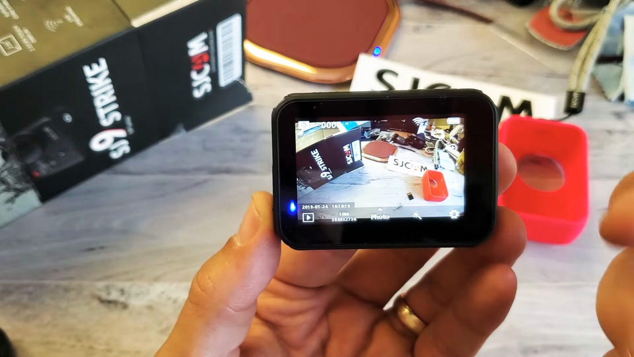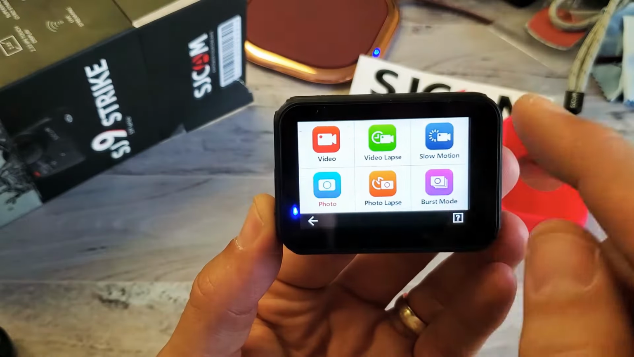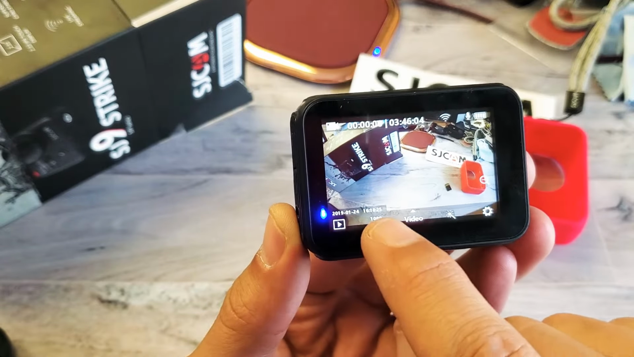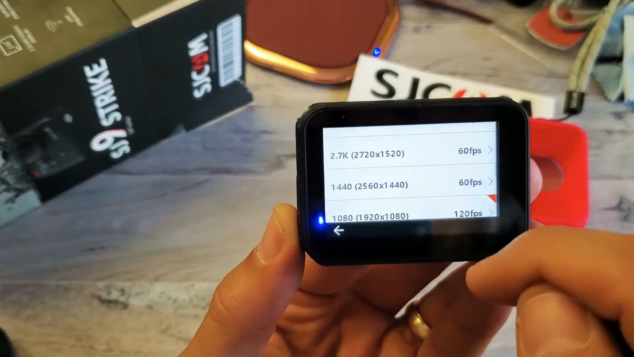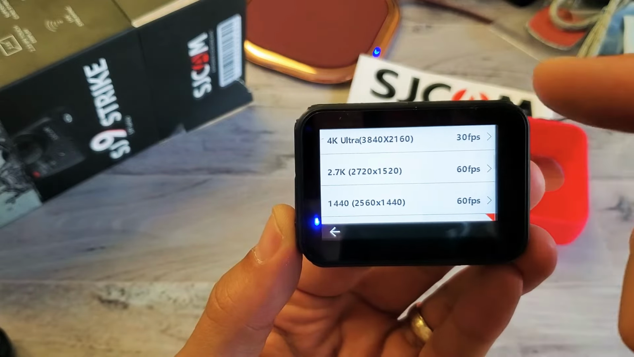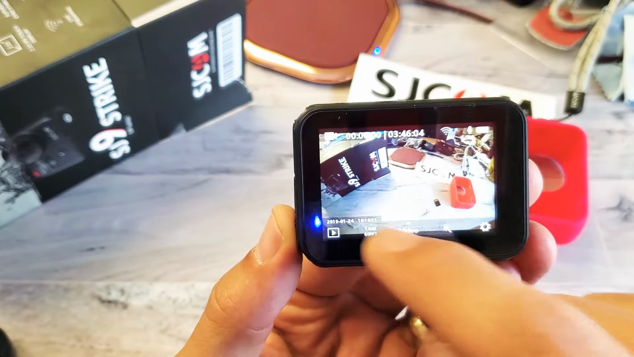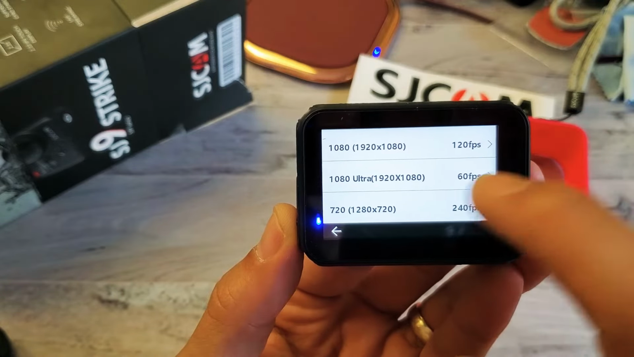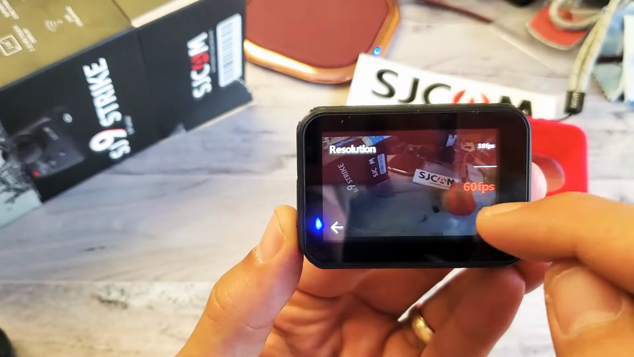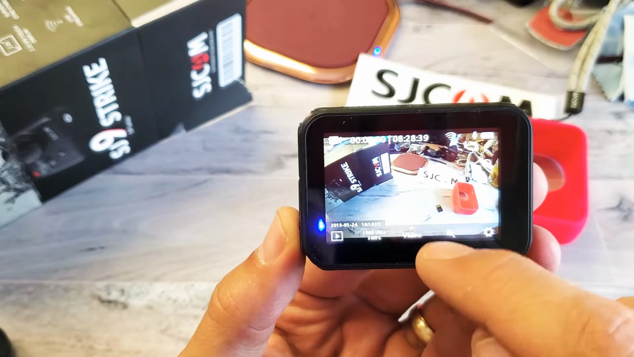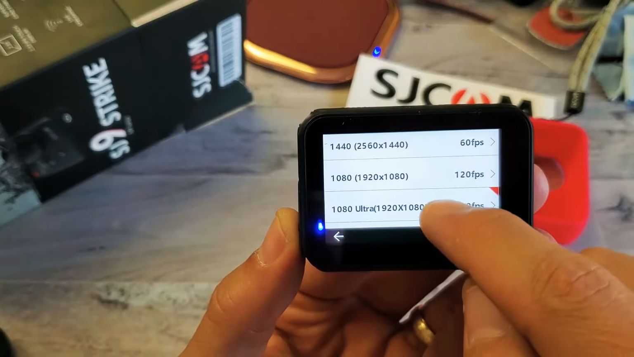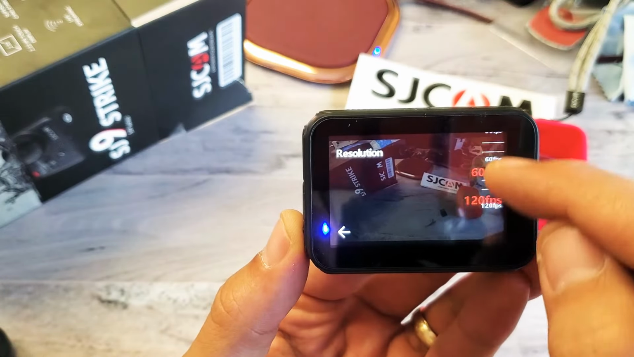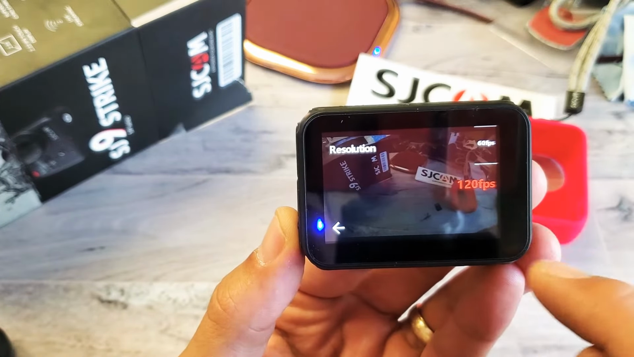Also take note that if you want to change the video quality, you can just go ahead and tap on that, go to video, and then tap down here, and then right here you've got the 4K, 2K, oops, go back there again, 1080p, 720. Even the 1080p here, I can go down to, let me go back to 1080p. We'll do regular 1080p here instead of ultra,